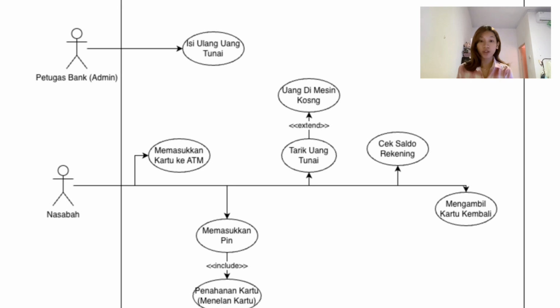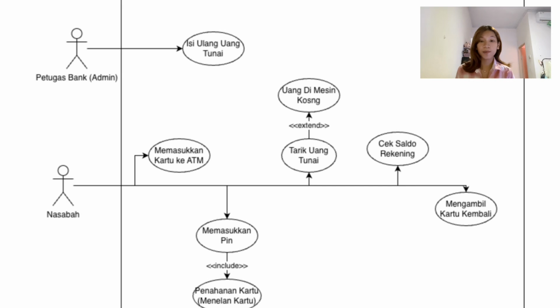2023-32099. In this report, I will explain the use case diagram of an automated teller machine, or ATM, system. This diagram illustrates how users and the bank office interact with the ATM to carry out various banking activities.